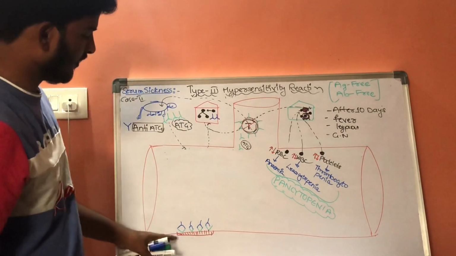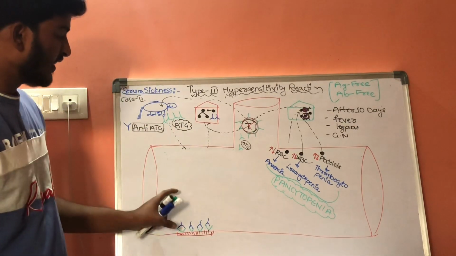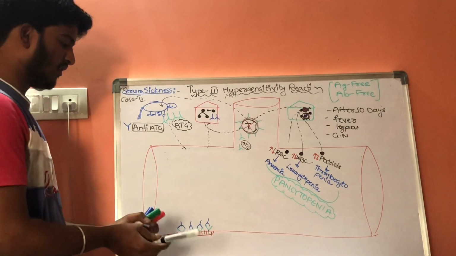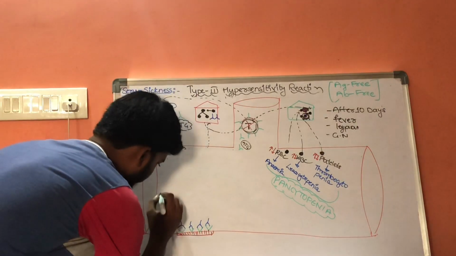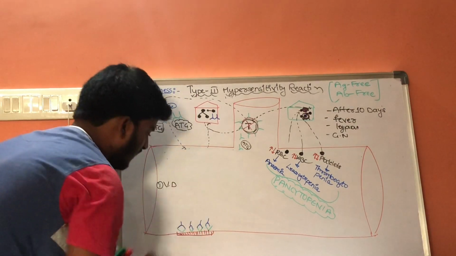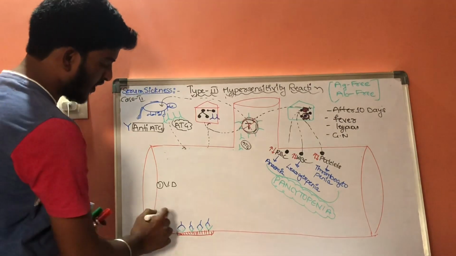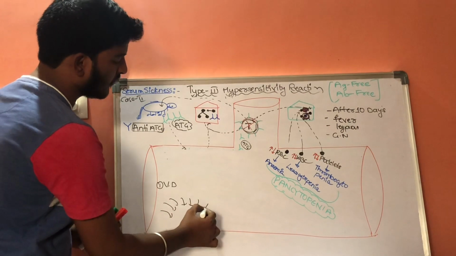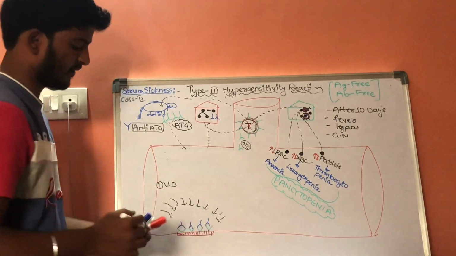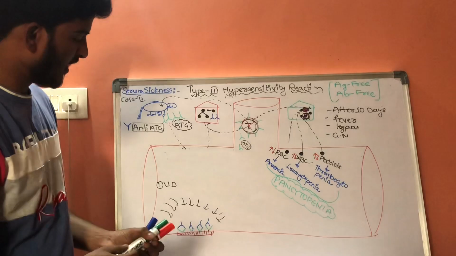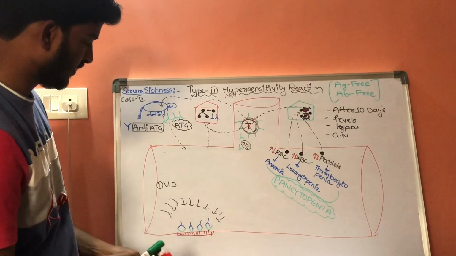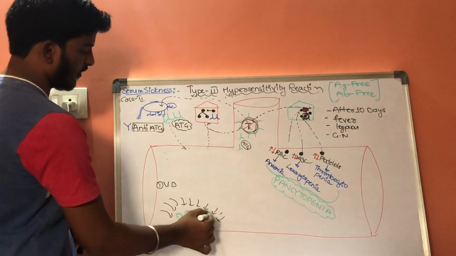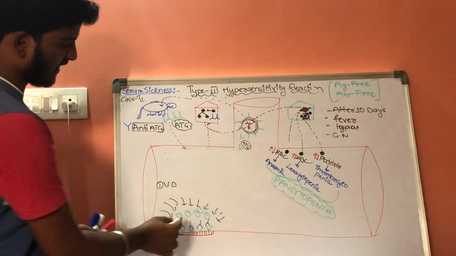Whenever it is attached to the basement membrane, the first condition is vasodilation. It involves the inflammation process. Whenever vasodilation is taking place, the amount of blood coming towards this area will get increased. Blood flow towards this area will increase, and then white blood cells will get attached here.